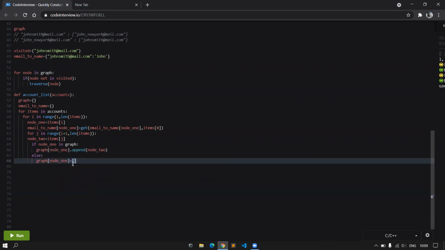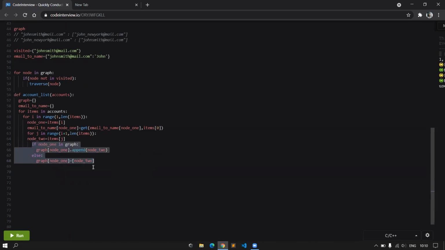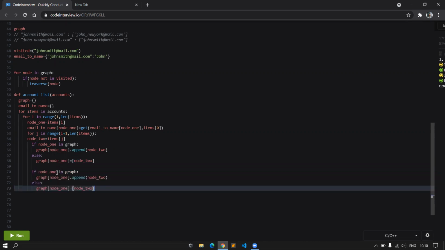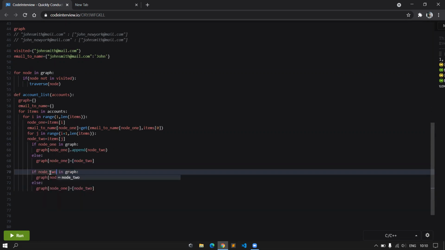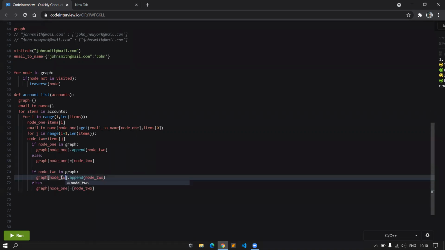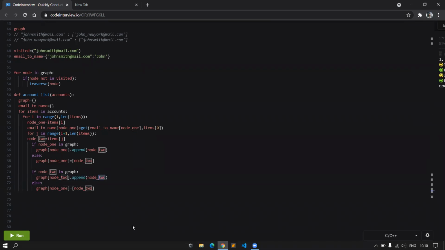I would be assigning a single valued list which will have node 2 in it. And the same would be done for node 2, since this would be a bidirectional edge. So this is why the same thing has to be done for node 2 as well. If node 2 exists in my graph, we just need to append node 1.